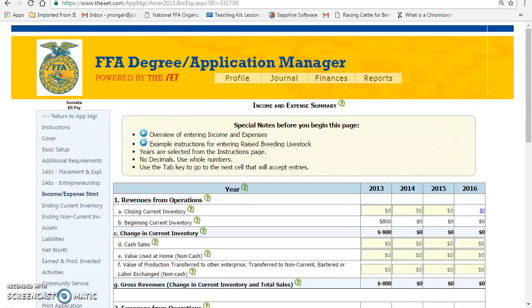Alright, now you're on the income and expense sheet. This is one of the hardest sheets to actually complete in your Keystone application. So I'm going to take a little bit of time to go through it. It's going to require you to go back and look at your different pages, your basic setup, and your different